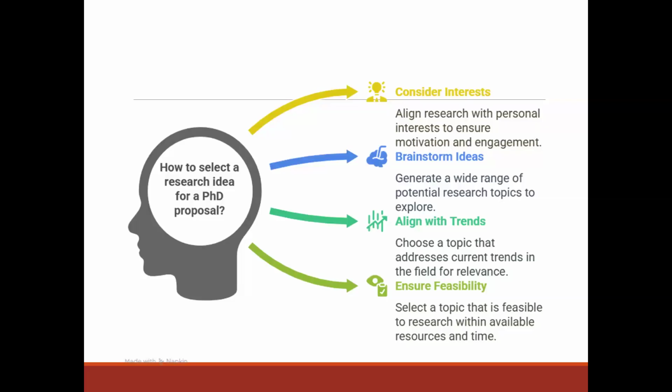Okay, so consider interest: align research with your personal interest to ensure motivation and engagement. That's why I was telling you, you could go to a professor and then the professor aligns you to their own interest, not your interest. So they align you to an interest of theirs. So this professor has been thinking about a specific polymer, maybe in the field of physics or chemistry, for example. They have been thinking about a specific polymer and trying to test its strength and all these things, but they have never gotten the time, or they have never found a student who can do this for them in the lab. And then here you come without an idea completely, and you're at the mercy of the professor.